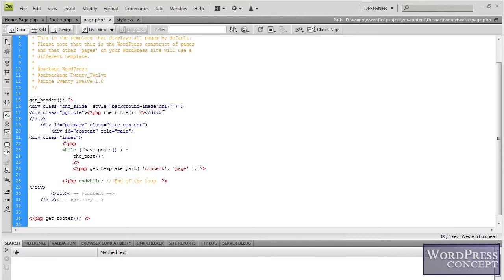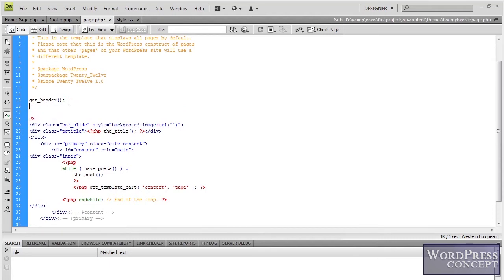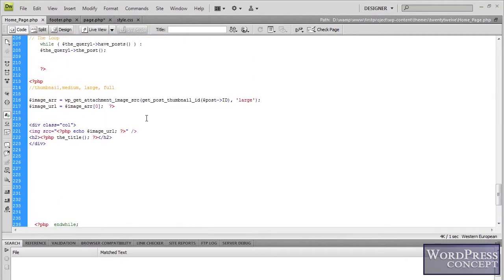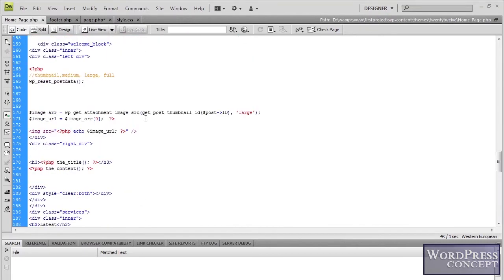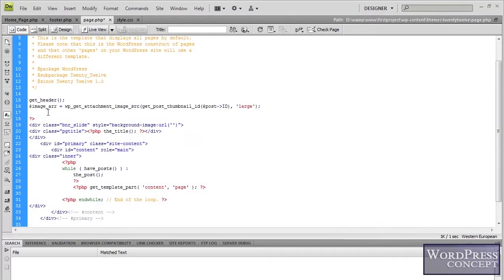Okay, here is the CSS style to give the background image, and here we will place the URL of the image that we want to give as a background image, and that URL will basically be the URL of the featured image. We have done it on the home page, so I'm going to bring that statement from the home page here. This is the statement that actually gets the featured image,